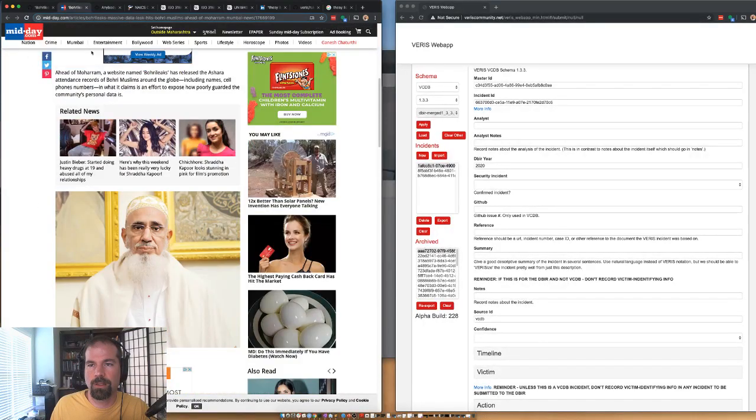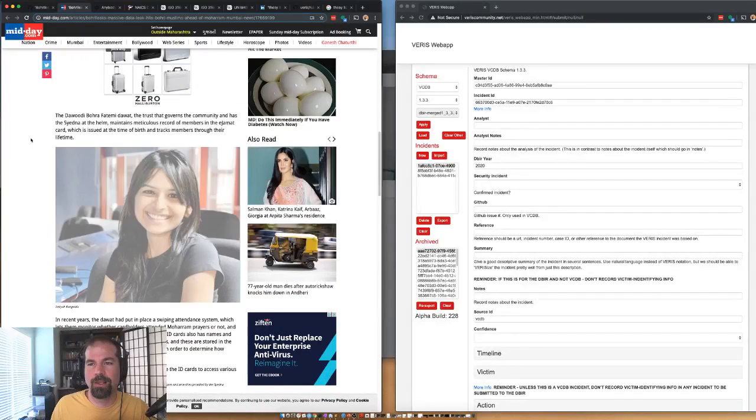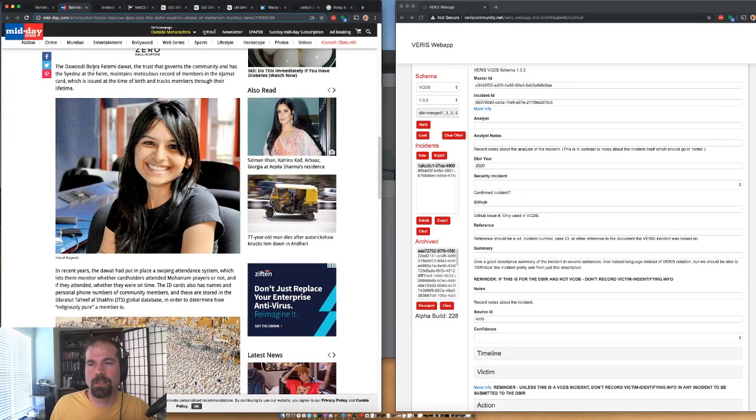Ahead of Muharram, a website named Bohra Leaks has released the Ashara attendance records of Bohra Muslims around the globe, including names, cell phone numbers, what it claims is an effort to expose how poorly guarded the community's personal data is. It's not helping. The Dawoodi Bohra Fatimi Dawat, the trust that governs the community and has the Syedna